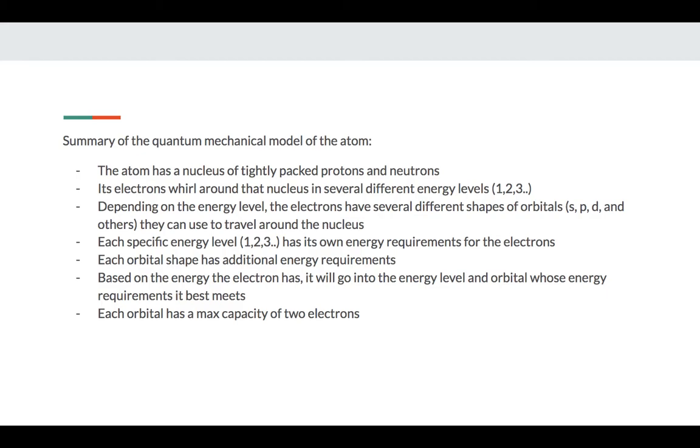And based on the energy the electron has, it will go into the energy level and orbital whose energy requirements it best meets. And each orbital has a max capacity of 2 electrons. That's very important because we're going to be using that for electron